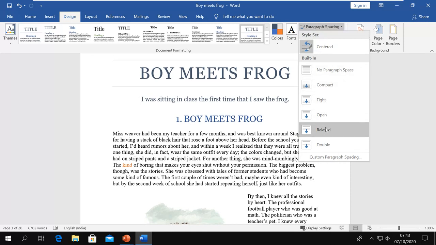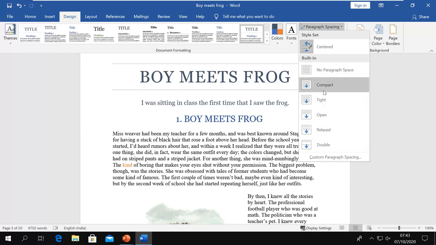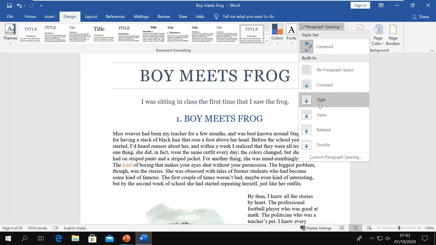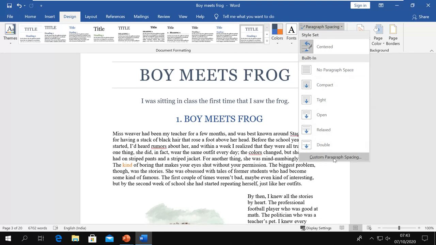It's very light. And when you take your mouse there, it shows what it will do. Before paragraph 0 point, after paragraph 4 point, line spacing 1. This one will do before 0, after 6, line spacing 1.15. So depending on your choice, you can choose. And then